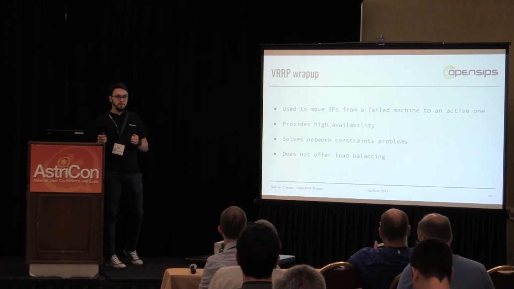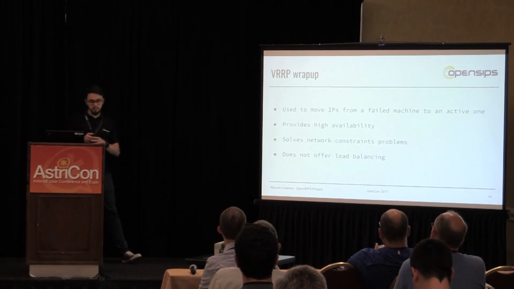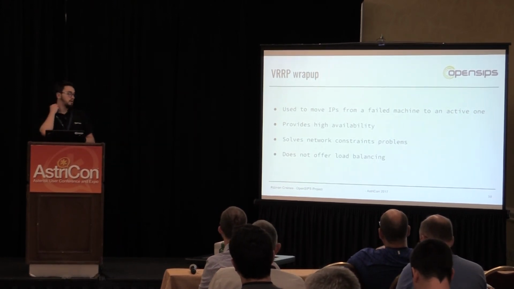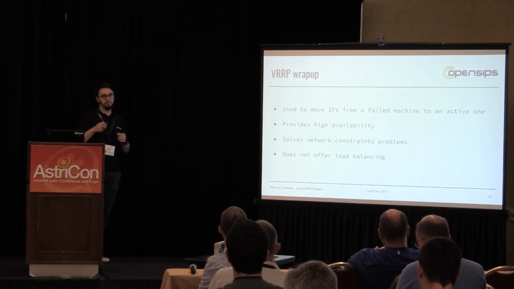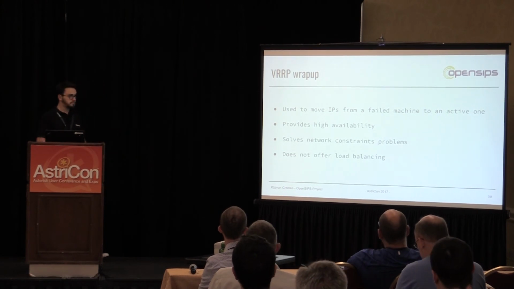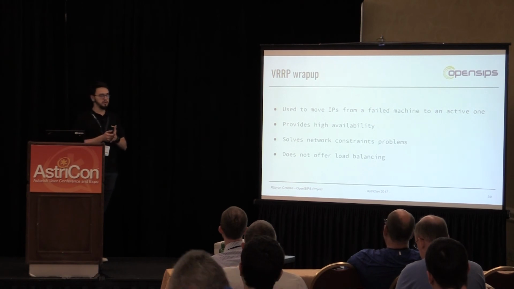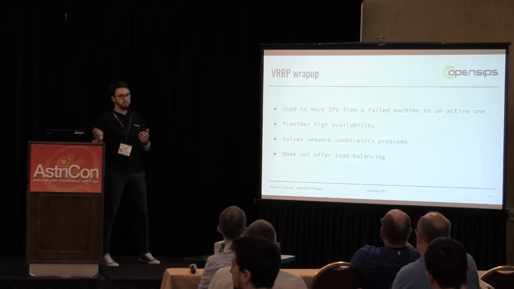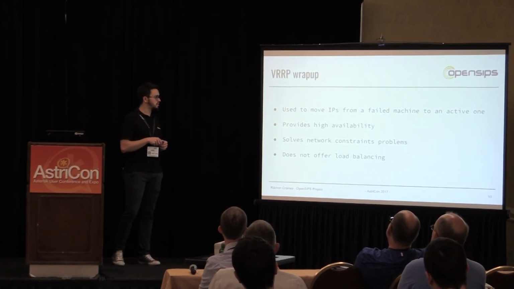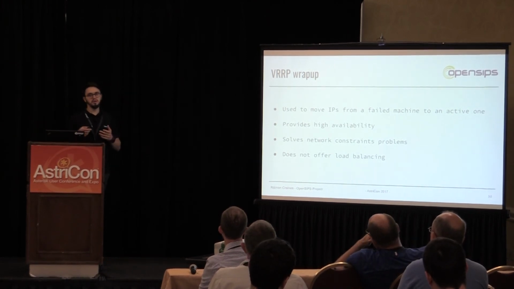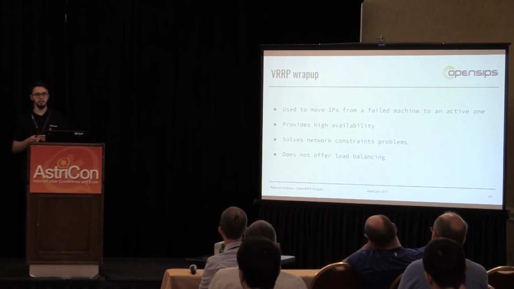Also, VRRP is a very nice solution that we've been using for a while, and it is used to move IPs from a failed machine to a new one. This way, we provide high availability. We can have multiple machines that share the same IP. We also have solutions to solve the network constraints. However, it does not offer very good load balancing